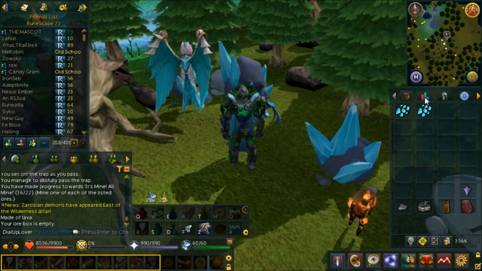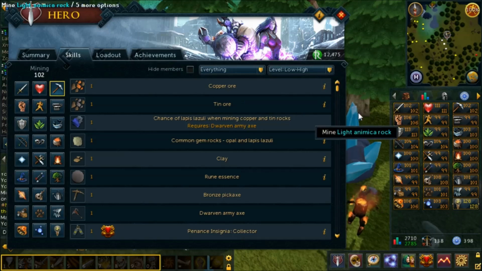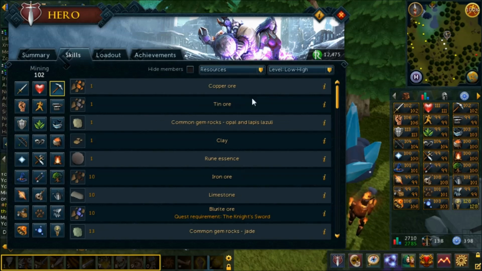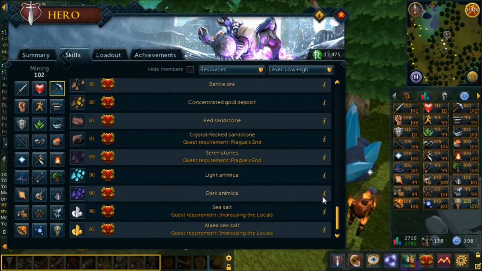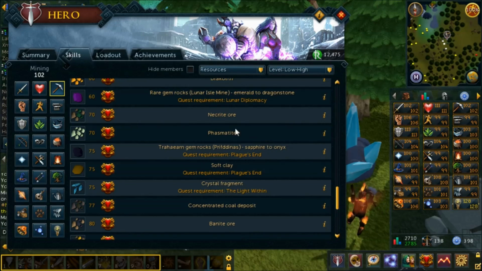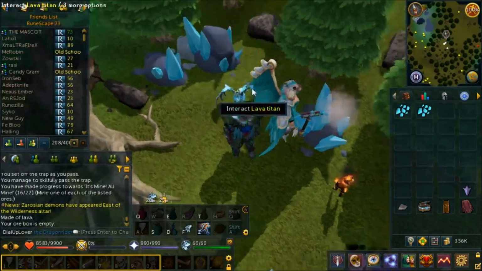So first off, the mining and smithing skills have both been completely redone. Everything you know about it basically is in the trash, and there are a ton of new ores to mine. As you can see here, we have light animica, dark animica, so many new things, phasmite, nechrite. It's all going to be really weird at first, but here we are at the light animica mine, which is